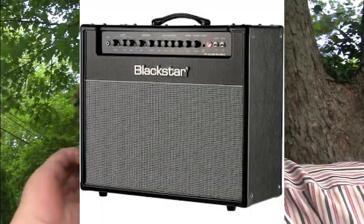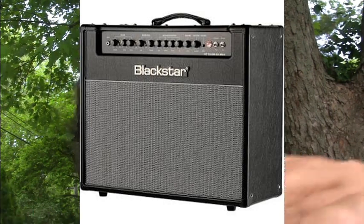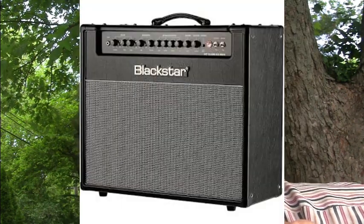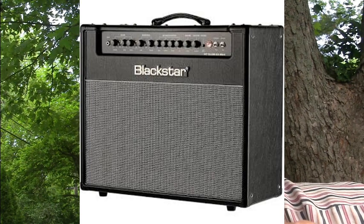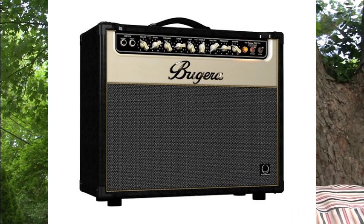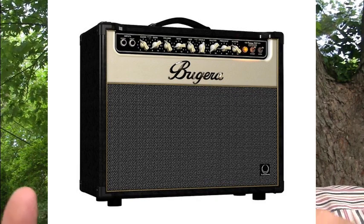And what I found striking is how similar the cabinet design is. I wonder if it's not made in the same factory, or at least designed by the same people, because the Black Star cabinet is very similar, almost identical. The Bugera one's a little smaller than the Black Star HT Club 40 in particular. But what I did notice, I mean, that's uncanny. I find it very suspicious that it's not made in the same factory, or at least designed by the same people. The top of the panel on the Black Star HT Club 40, on each side, has